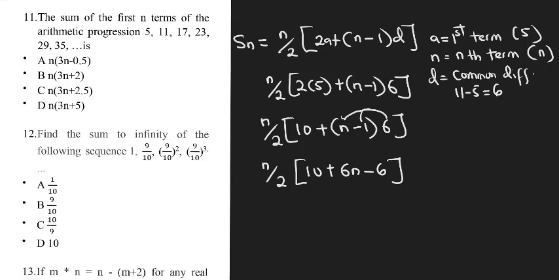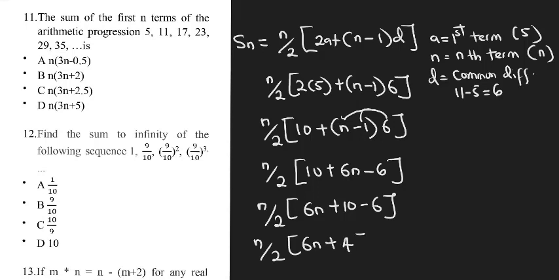Now you can see that we can collect like terms. We have number here and number here. So if you collect like terms, we're going to have n over 2 into now 6n. Now this one will be 10 plus 10 minus 6, since they are both numbers. So we are finally going to have something like this: n over 2 into 6n, then plus 10 minus 6 is plus 4, right? So now the next thing is to check, what do these ones have in common,